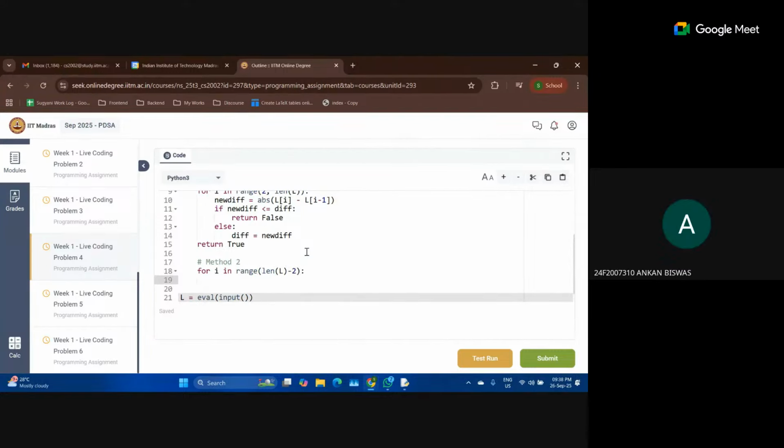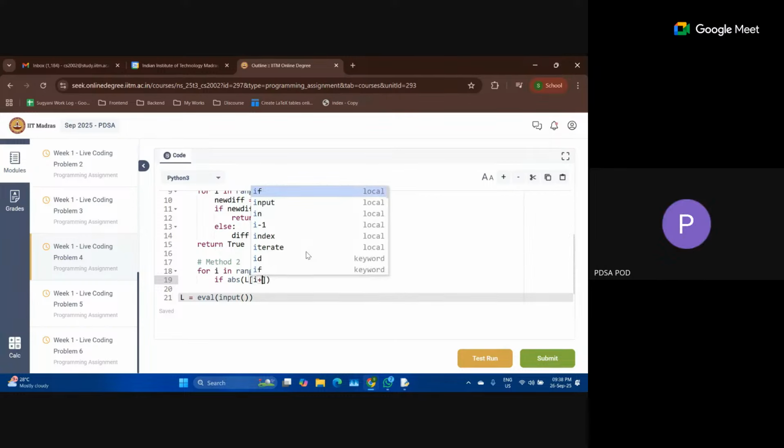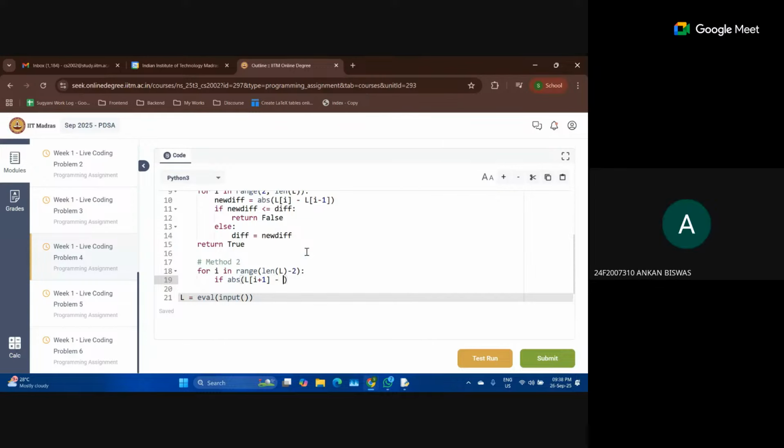We want the absolute value of L of I plus 1 minus L of I to be less than L of I plus 2 minus L of I plus 1.